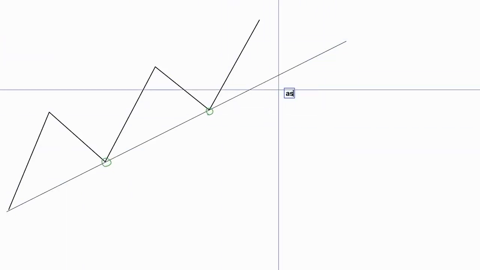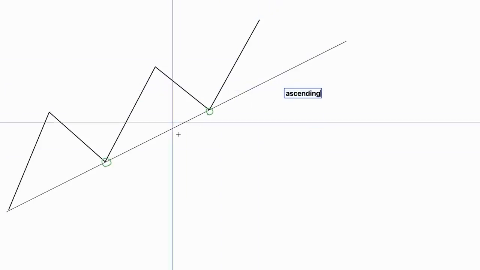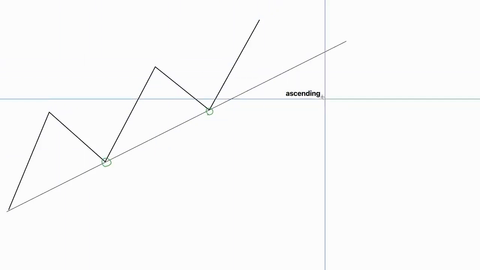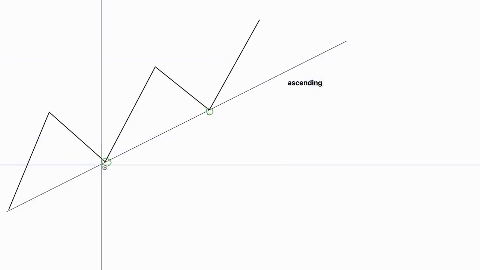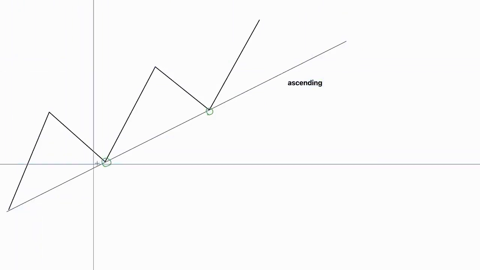So this would be an ascending trend line where basically the market's moving higher. It's creating higher highs, which is good news. But we come down, tap a level, and then after the second tap, the